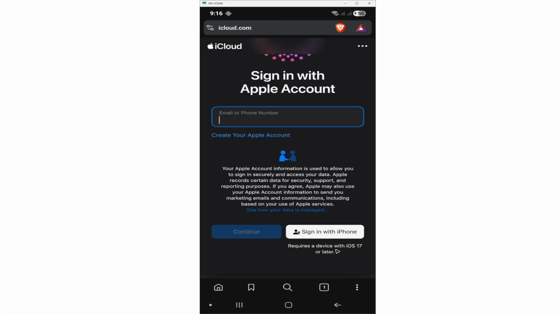Or if you have an iOS device with iOS 17 or later, well, you can just go ahead and tap on sign in right here and you'll receive a prompt from your phone. Okay, all you got to do is just tap on yes, sign in. And after that, you'll be logged into your Apple ID or Apple account. If not, you can just go ahead and type down your email or phone number right here, follow simple prompts,